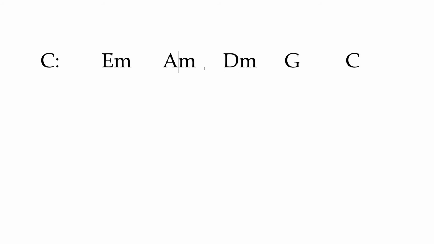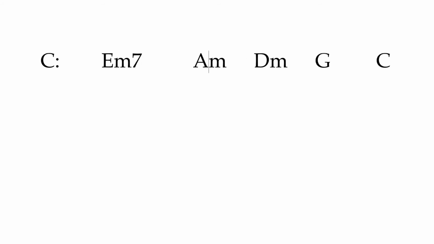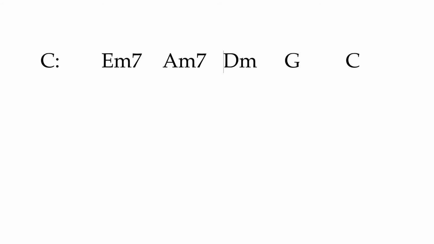I can make each of the chords 7 chords. E minor 7th, A minor 7th, D minor 7th, G dominant 7th, and tonic. I can substitute each of those chords by using the dominant or the secondary dominant or secondary leading tone chord of the next one. Let's start with the secondary dominant. If I want to substitute E minor with another chord, I can use the dominant 7th of A minor,